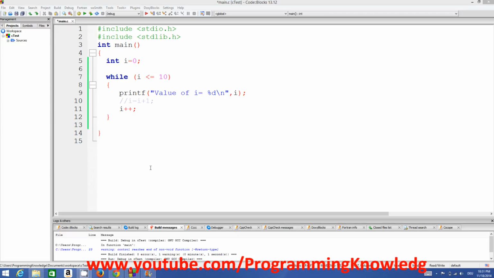In the last video I've shown you how you can use loops in C, and how you can use the while loop in C. Now in this video we are going to see how we can use the do while loop, which is one more kind of loop, and what is the difference between the do while loop and the while loop. Okay, so let's